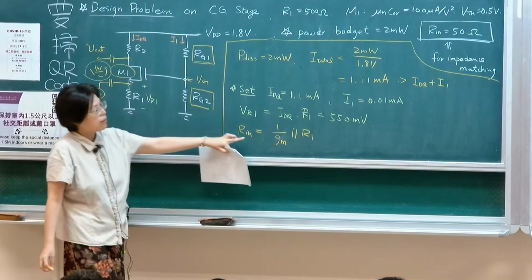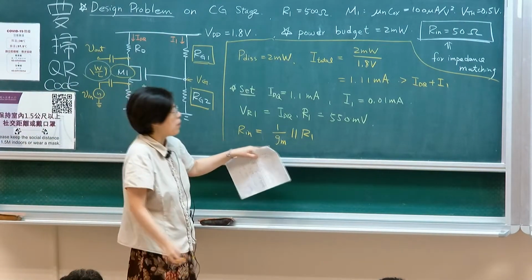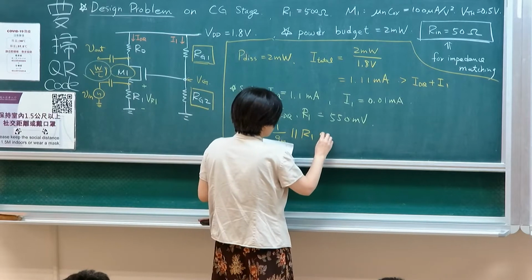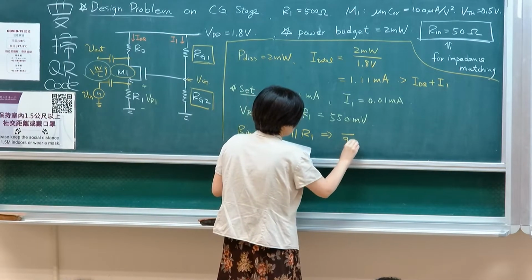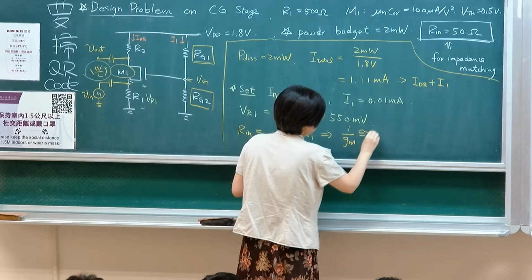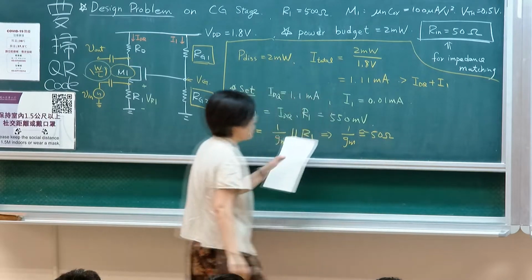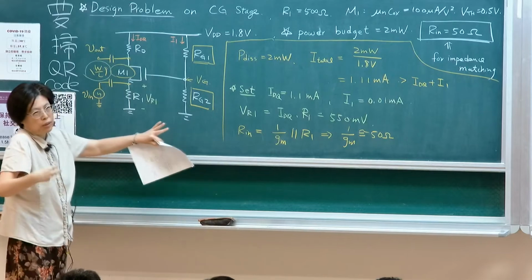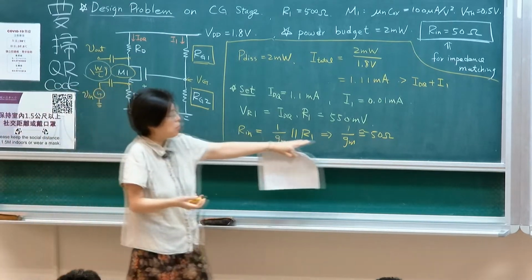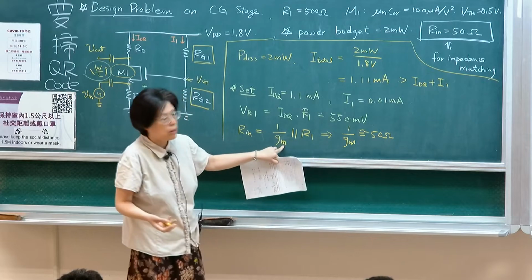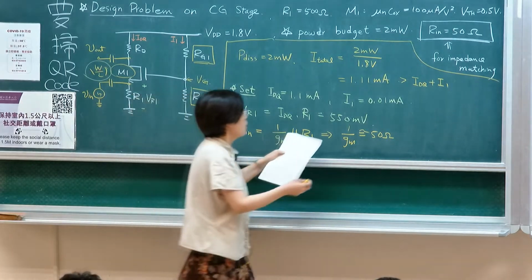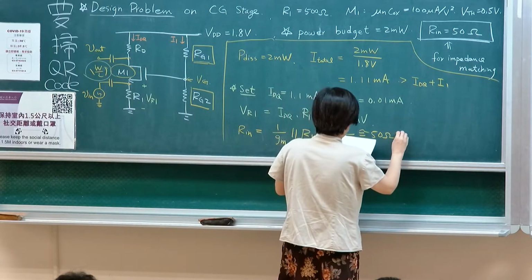We assume that you can include R1 or not, but it's approximately, so this will still be very close to 50, because it would maybe be a 10% difference. You can make it more accurate. I'm just assuming that R1 will be much, much larger. This will be the dominant resistance. Therefore,